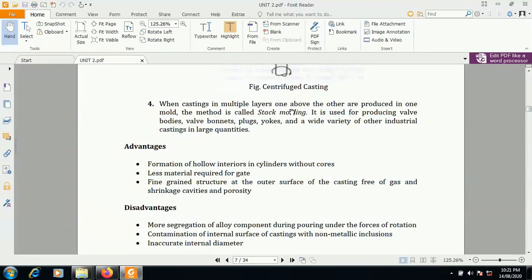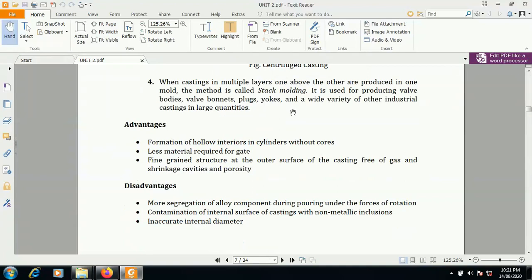Here centrifugal force is acting on the alloying elements, and each alloying element has a different density. That's why the centrifugal force acting on each alloying element is different, and rather than obtaining uniform mixing of alloying elements with the base material, separation of the alloying elements may take place. That's why you will not get uniform mechanical properties in the cast part. That is a bigger disadvantage of this process.